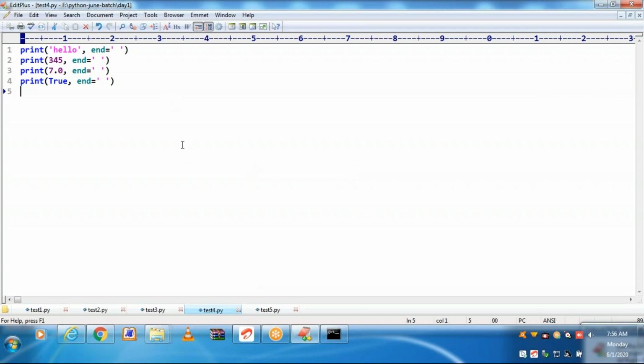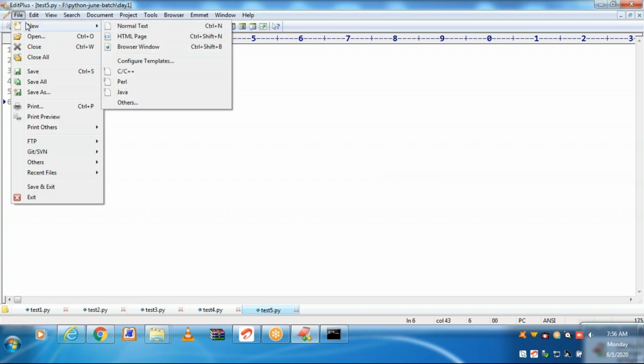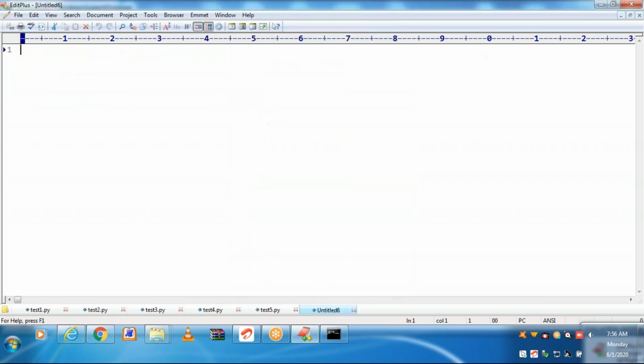And no line has to end with a semicolon. Let us provide a semicolon. Let's see if you find any difference. Print hello semicolon, print test 4.5.